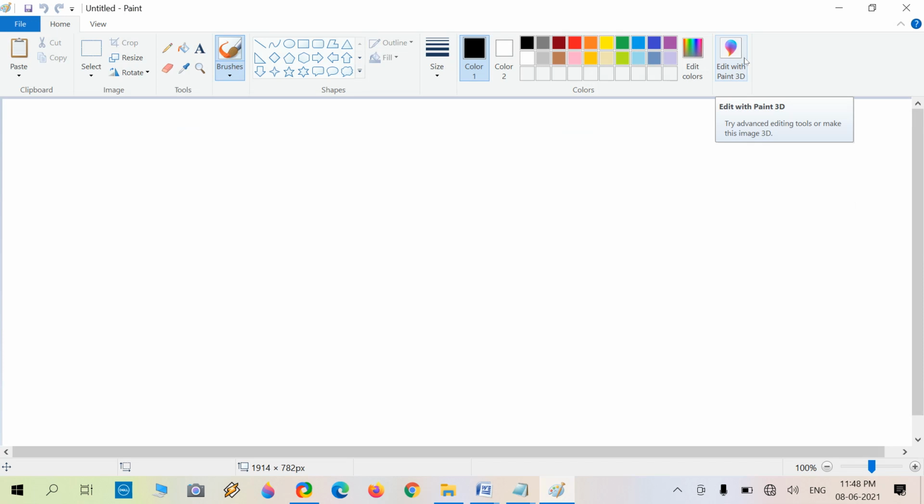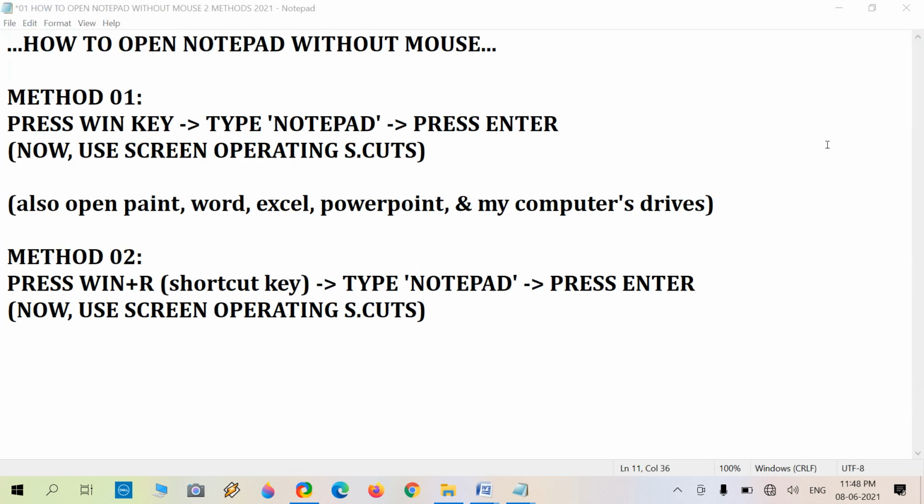It displays the Paint screen, the regular painting application of Windows, available by default on our laptop or desktop. Now close this screen using a shortcut key. Our shortcut is Alt F4. Alt plus F4 will close your current screen.